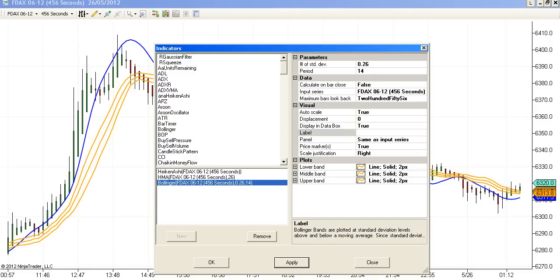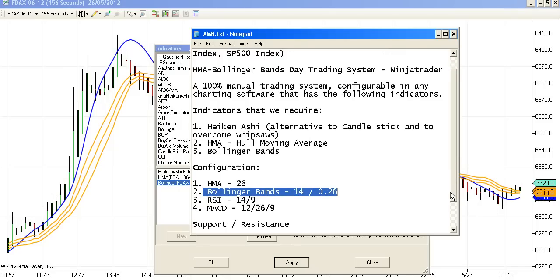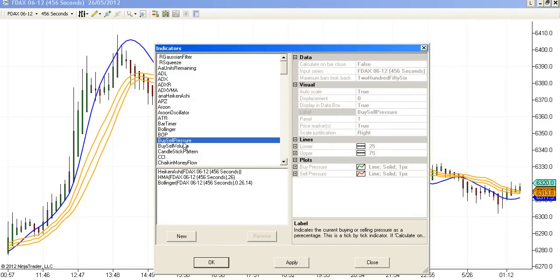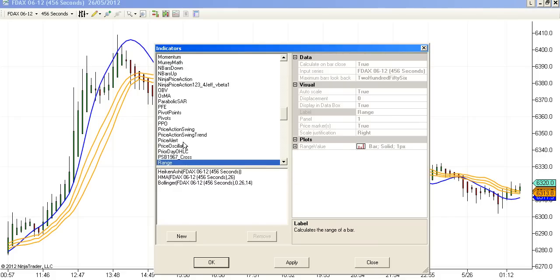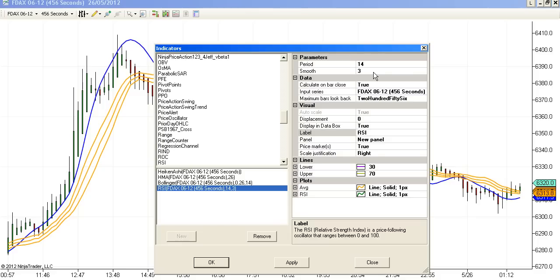That's it. We have two more indicators, RSI and MACD. All you have to do, RSI 14, 9, false.